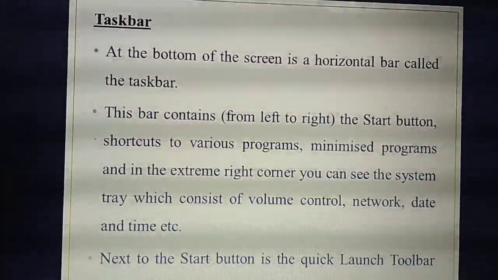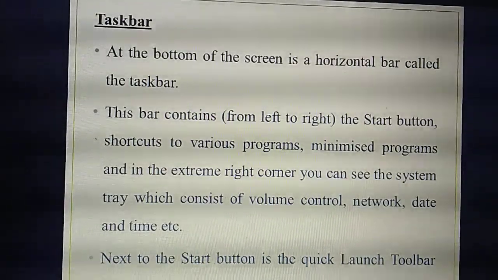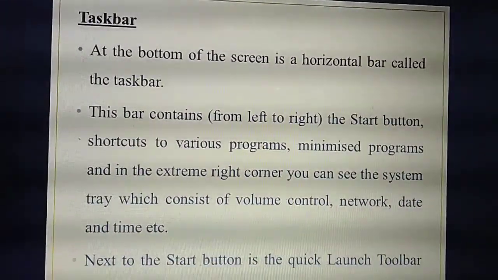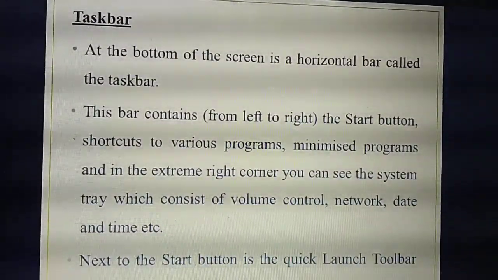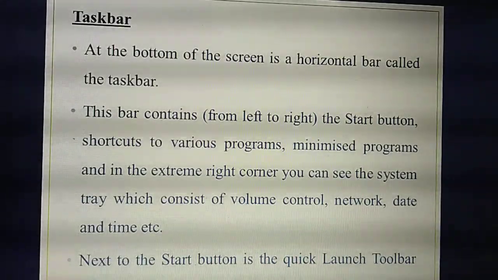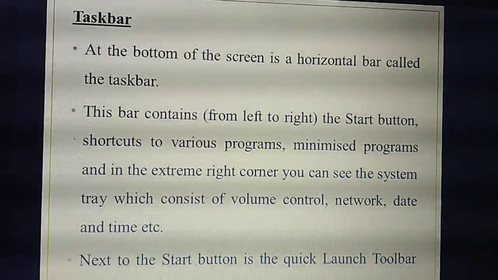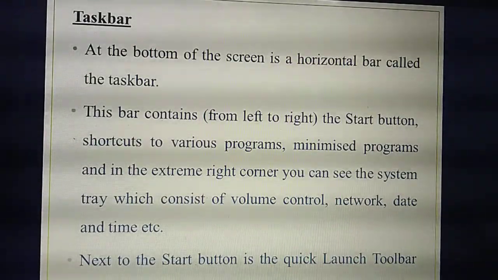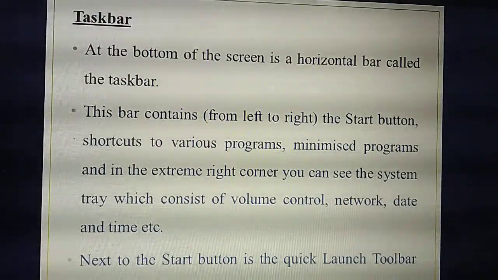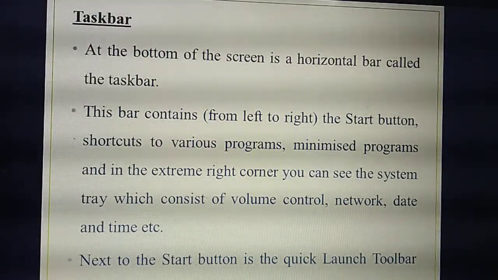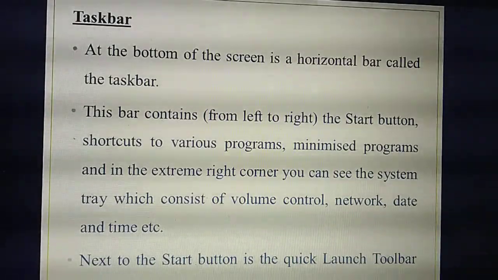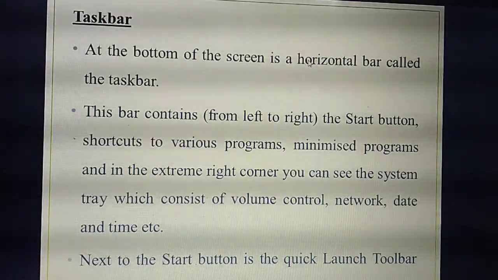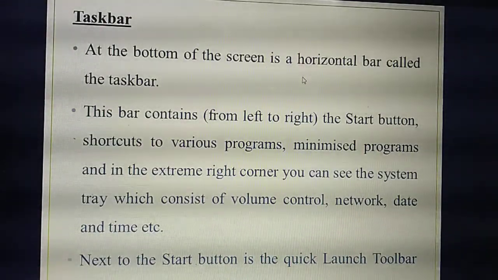Yes. Next thing is the taskbar. I have already explained the start button, and that bar is called which one? Taskbar. Okay, so which is the title bar? The title bar will be present at the topmost position, isn't it? Likewise, the taskbar will always be present at the bottom of the screen. The title bar is at the top of the screen, but the taskbar is at the bottom of the screen. That one horizontal bar at the bottom of the screen, we call it which bar?